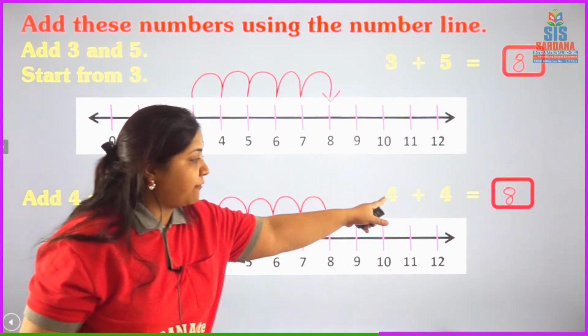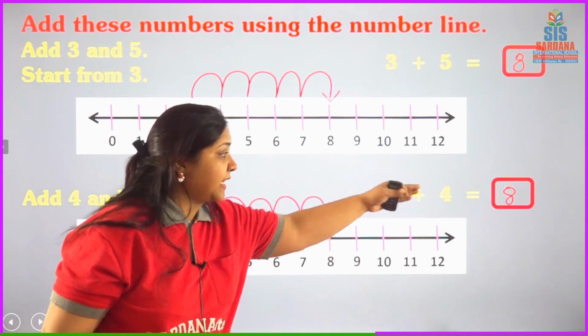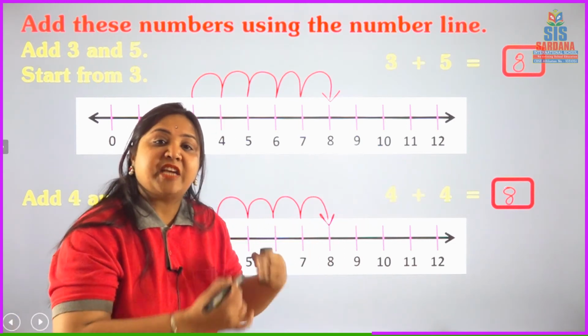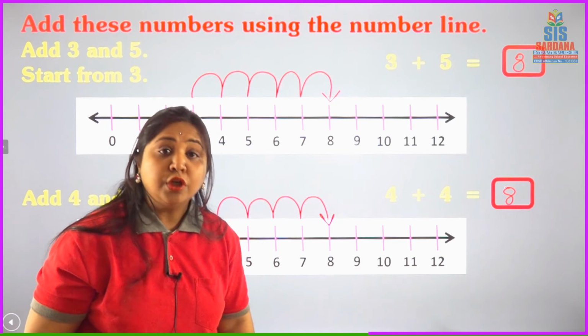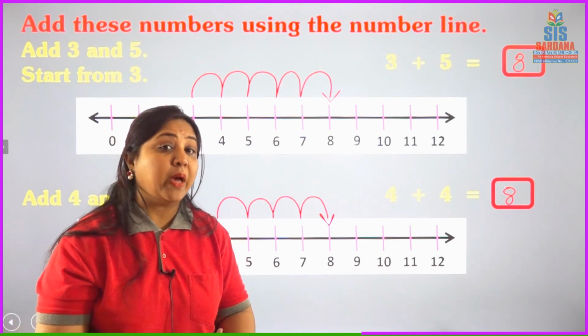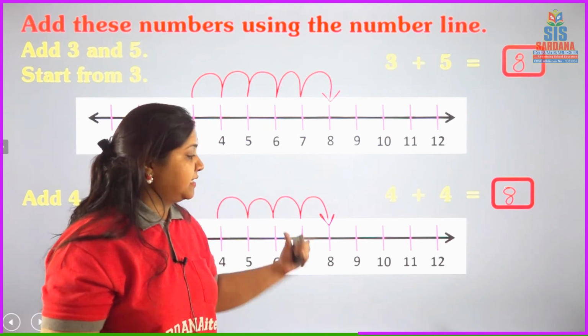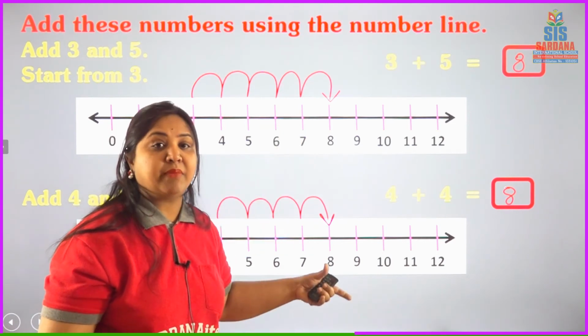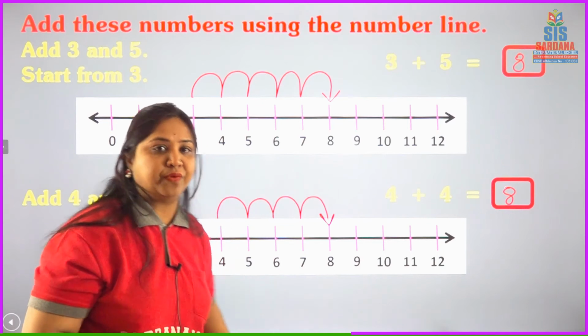You have to start from the first number, and the second number shows you how many steps one by one forward you have to move. Okay, so without the help of pictures, how can you add two numbers with these number lines? With the help of these number lines, this I have taught you. Next,